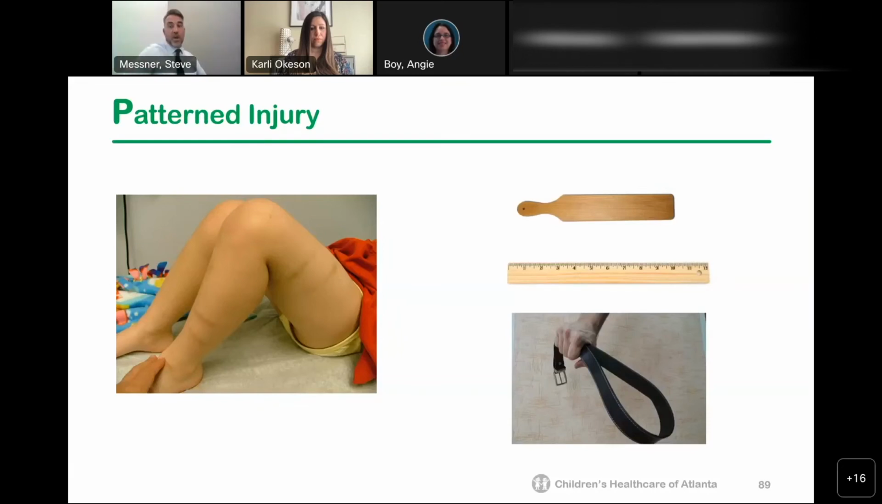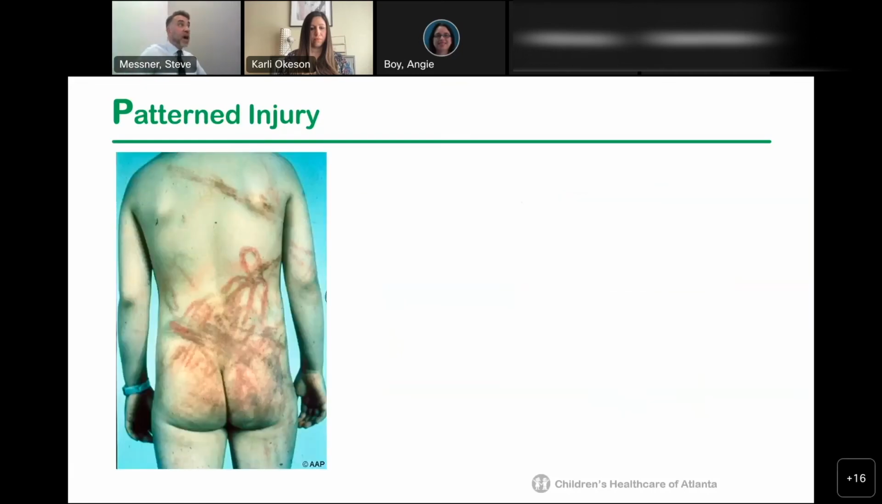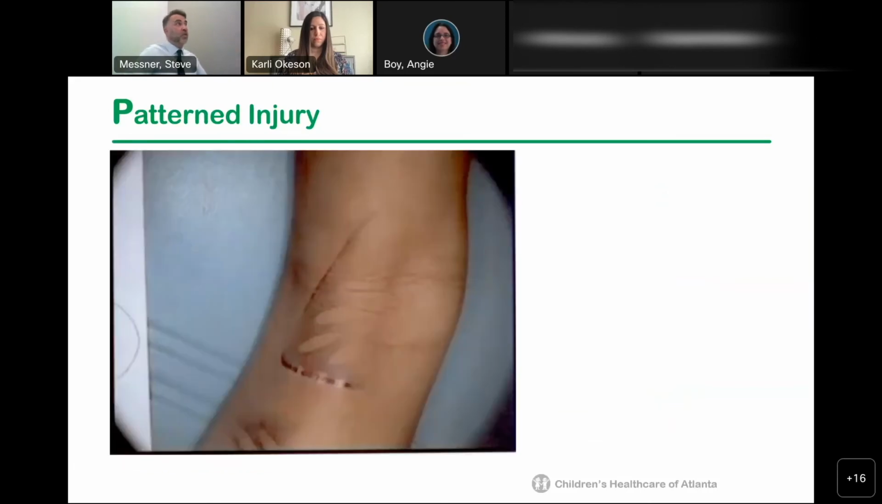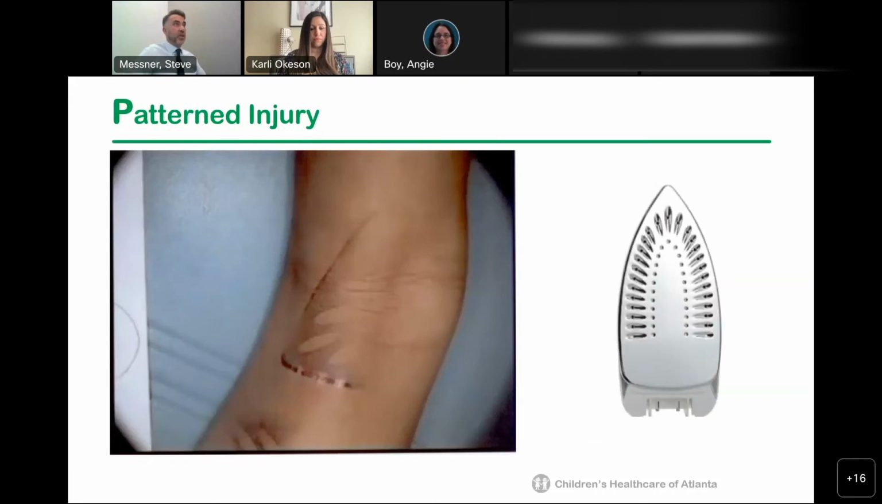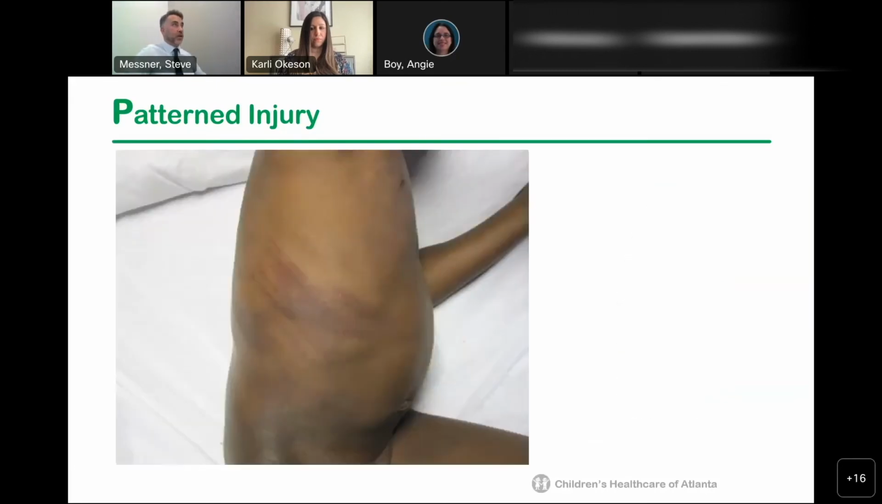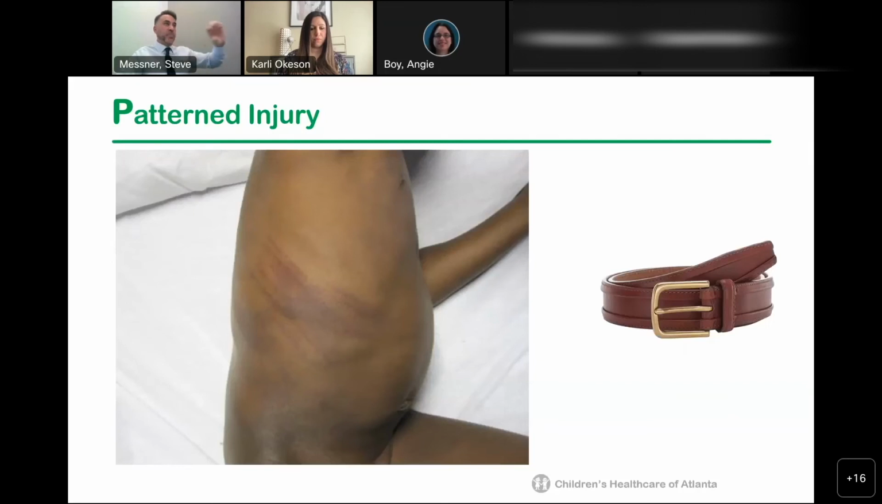If you get struck with it dead on. Here's a pattern within a pattern, so a braided rope. Sometimes we see patterned injuries that are from a branding, like from a clothes iron. Sometimes they overlap. Here you see lines, parallel, kind of going in different directions, like a belt that has a